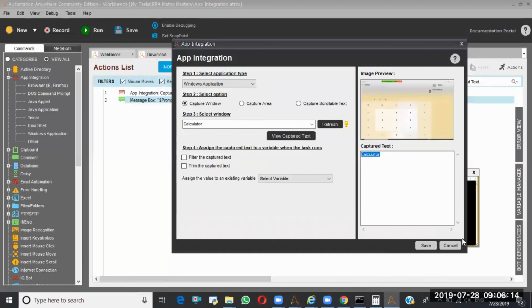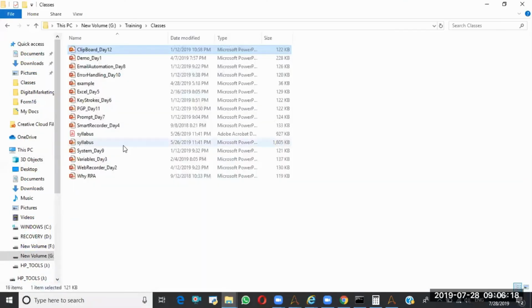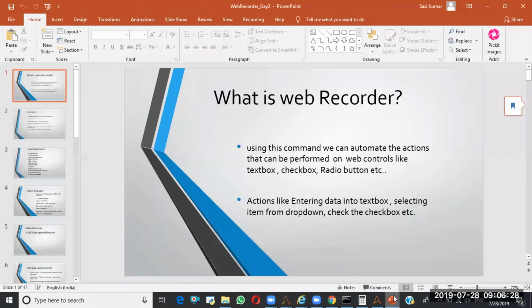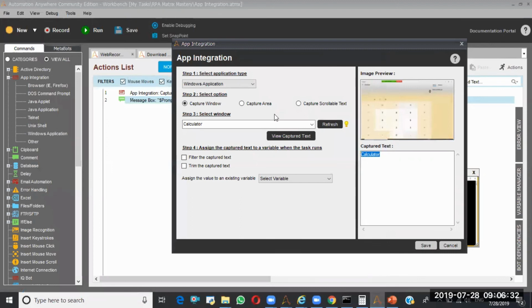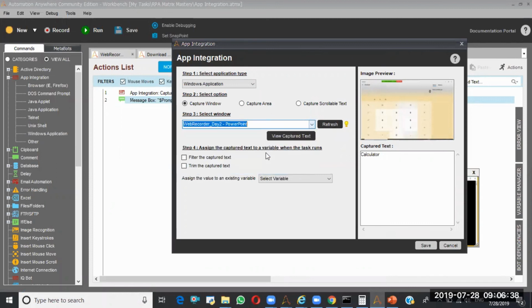Or else I'll show you one more thing for the Windows applications. Let me open this one. Web recorder I'll open. Here it is. Let me go here and I'm refreshing this and I'll go with the PowerPoint.